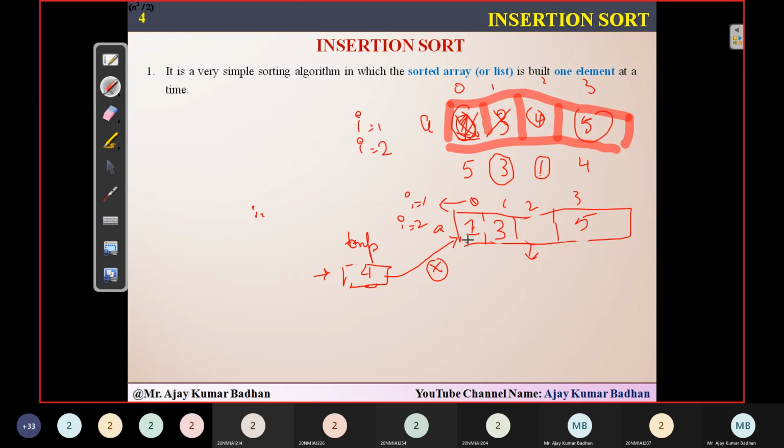So automatically we don't have to search further, because you know that 4 is greater than 3, and we don't have any other element to search here. So similarly, you can place that 4 here. And finally, you will get a sorted list, whatever you are seeing here. So this is exactly how this algorithm is going to work. Okay, so let's see them one by one.